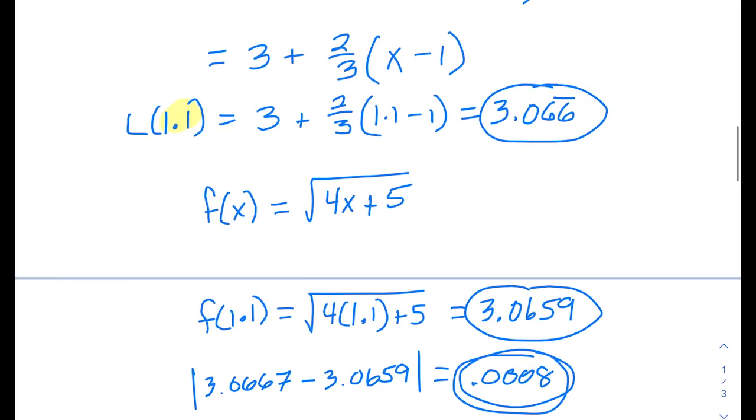So again, with linearization, conceptually, we're just trying to find out the difference between the value of the tangent line at a particular point versus the value of the actual function, and take that difference to figure out what that error would be. And so we can see that our result here is an absolute error of 0.0008 with a linear approximation of 3.06 repeating and an actual value of